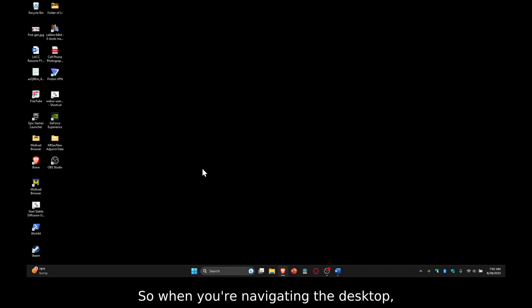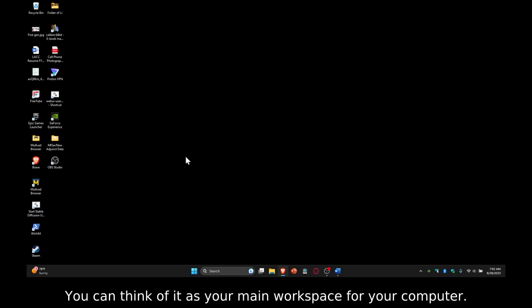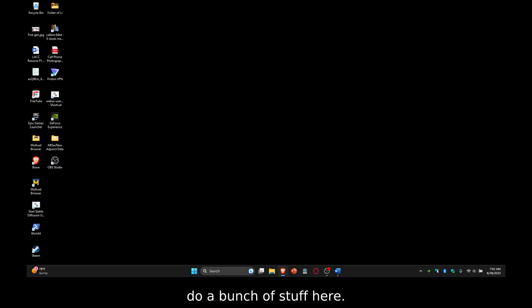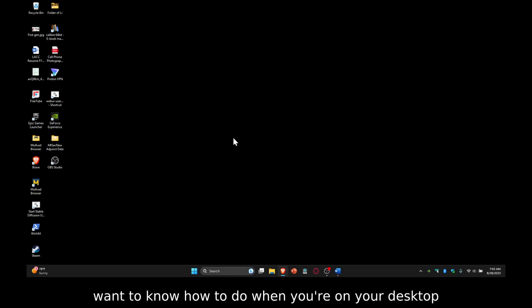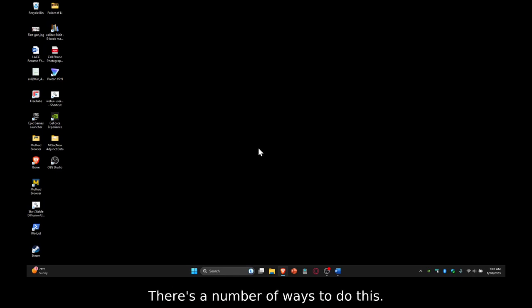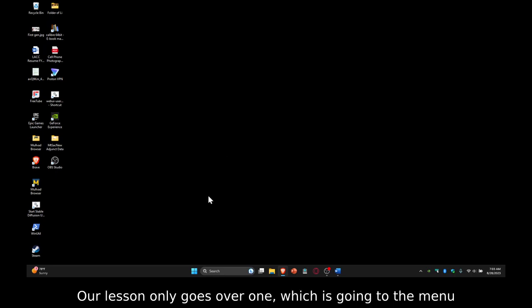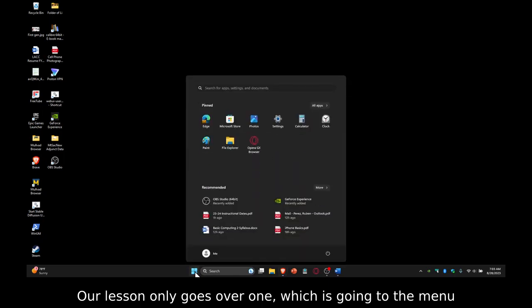So when you're navigating the desktop, the first thing you see here is this desktop. You can think of it as your main workspace for your computer. So you can manage your files, run applications, play videos, do a bunch of stuff here, right? One of the main things you want to know how to do when you're on your desktop is how to open an application. Okay, there's a number of ways to do this. Our lesson only goes over one, which is going to the